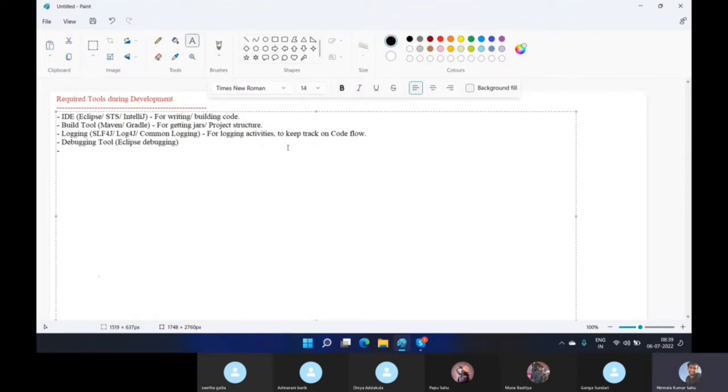Debugging tool. Unit testing. That is not the tester's job. Unit testing means our job, the developer's job. There are so many kinds of testing: QA testing, unit testing, user acceptance testing. So it is unit testing, not UA testing. It is unit testing, UT. You have to use some tools like JUnit, HTTP unit,